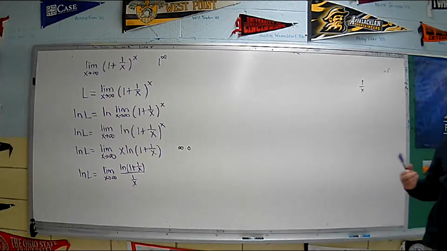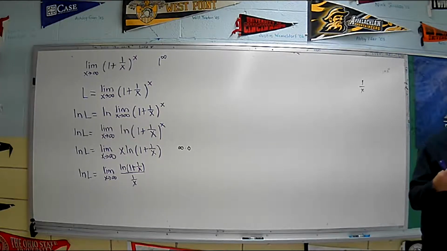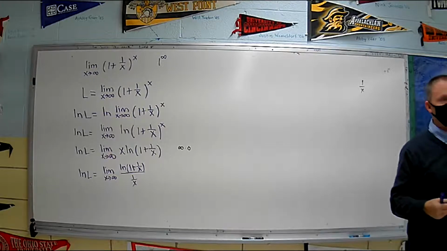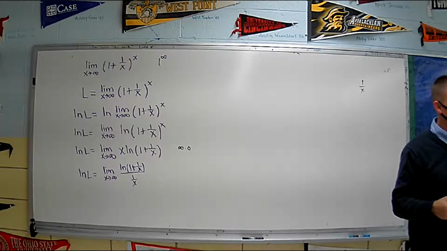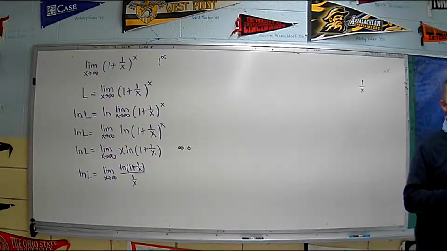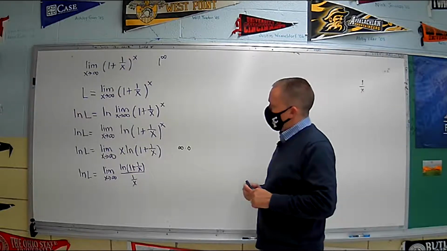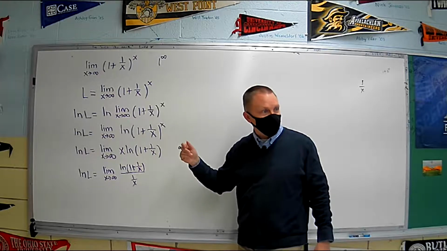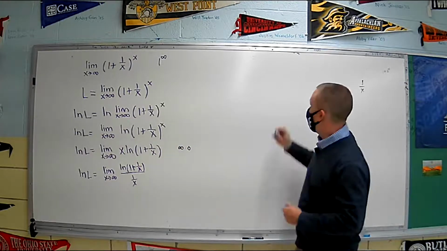And that's one of the reasons why, guys, infinity times 0 is indeterminate, because when you rewrite it, it could end up being 0 over 0 or infinity over infinity, depending on how you rewrite it. If we would have written this x and then flipped this one, then it would have been infinity over infinity. All right, so let's rewrite it up here